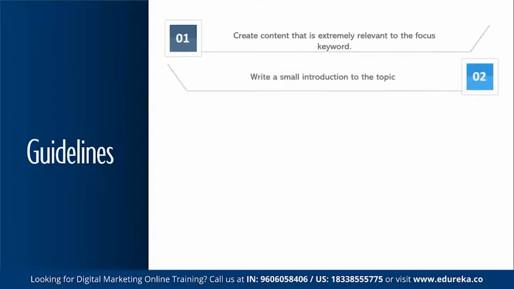Spend time on creating a suitable description which is useful to the user. Write an introduction to the topic. Many times, these introductions become part of the snippets that Google picks up for SERP. Make use of header tags. Header tags give more information to search bots in terms of the content of the page and the keywords. You will have header tags from H1 to H6, which you can use for describing what your page is about.